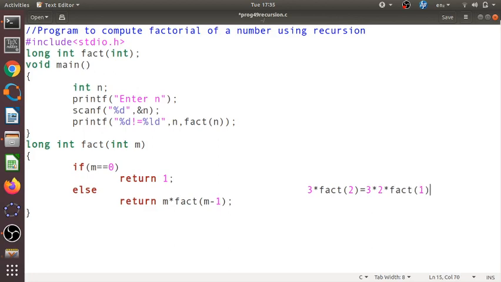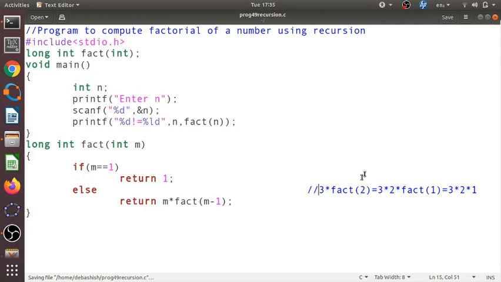But what is fact 1? In fact, we can give here: if m is 1, then we can return 1. So fact 1 will be directly 1, right? This can be done. So this is what is happening.